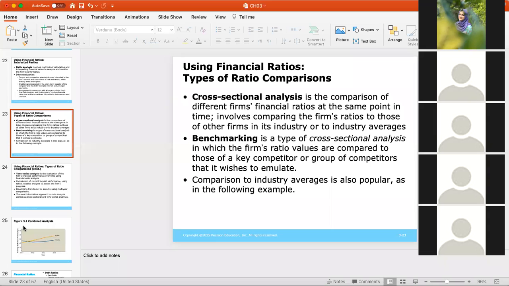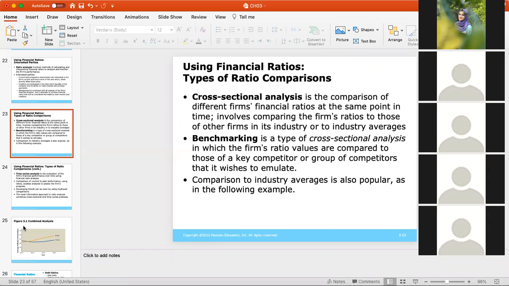Okay, now what's the difference here? In the first one, the cross-sectional analysis, we compare all the companies together, like firm one, Bank of Palestine, we compare Bank of Palestine with the Islamic Bank of Palestine, and we compare, for example, Paltel with Ooredoo. So we can compare each company with other companies, but in benchmarking, sometimes we take the leader